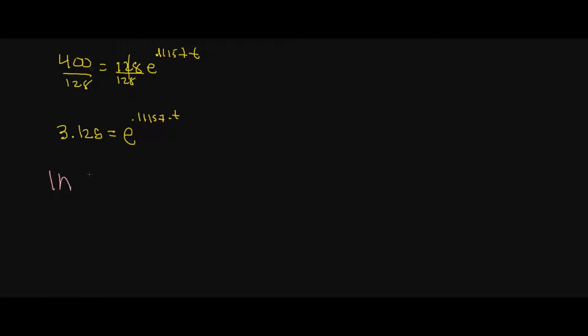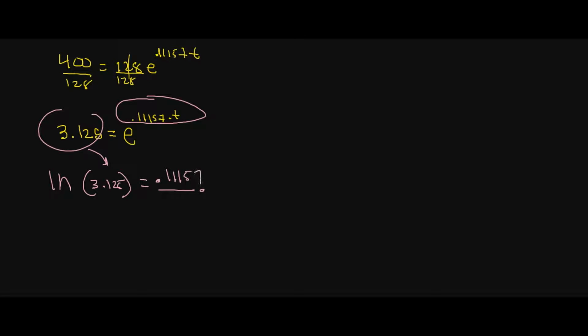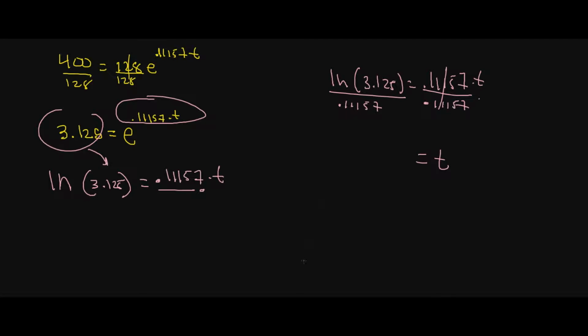So ln, natural log of blank, is equal to blank. This is your output, so that becomes your input, 3.125. This is your input, so that becomes your output, 0.1157 times t. Let me write that one more time: ln of 3.125 is equal to 0.1157 times t. Well, what do you do to get rid of this? We divide it out. Divide 0.1157 to both sides, and we get t is equal to